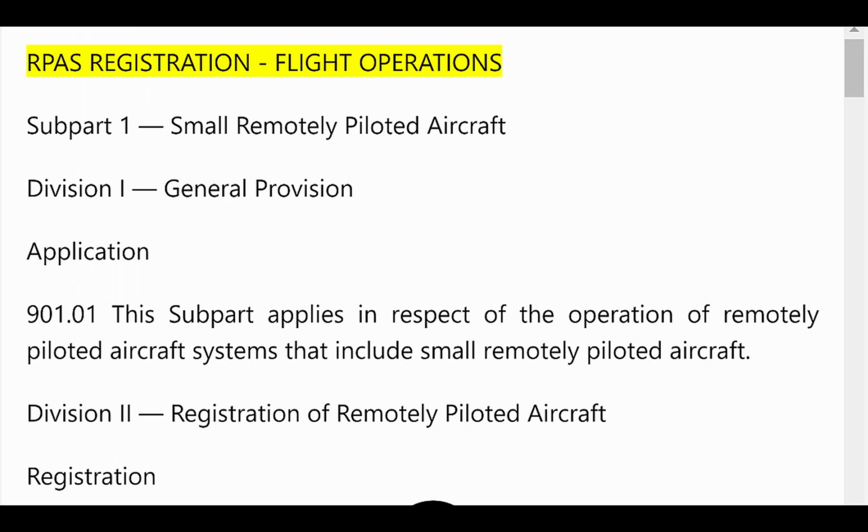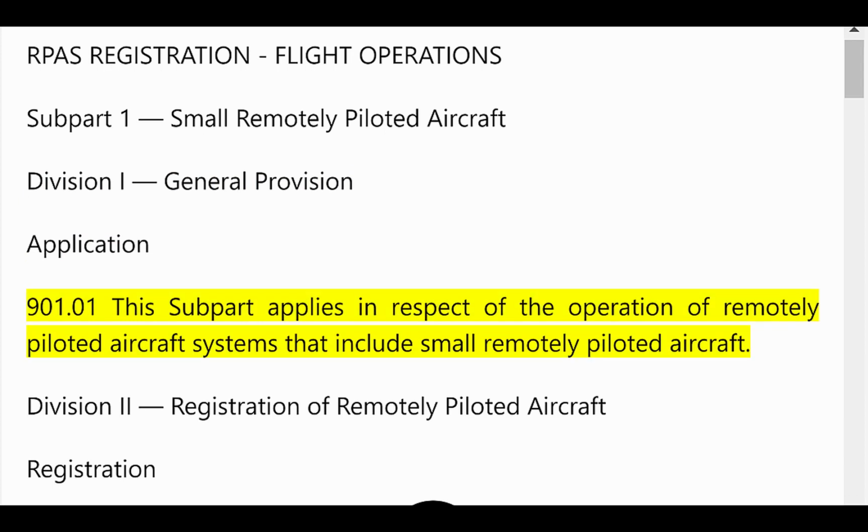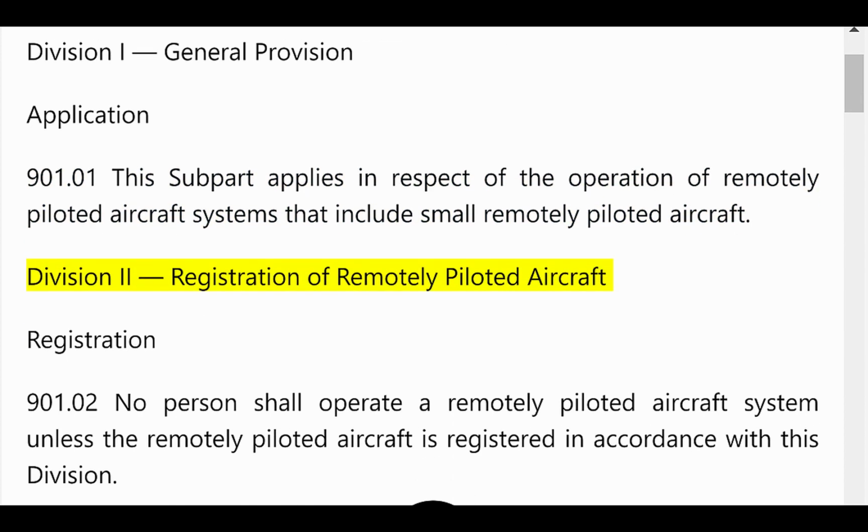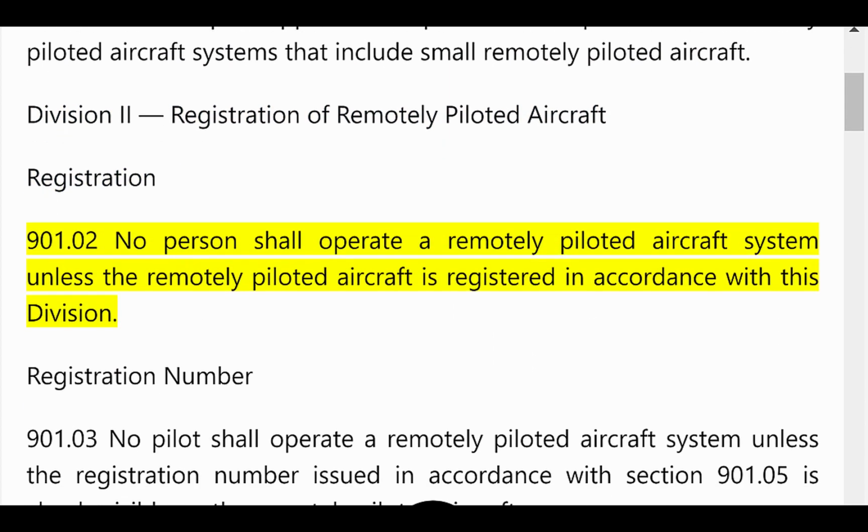RPAS Registration, Flight Operations. Subpart 1, Small Remotely Piloted Aircraft. Division 1, General Provision. Application. 901.01 This subpart applies in respect of the operation of remotely piloted aircraft systems that include small remotely piloted aircraft. Division 2, Registration of Remotely Piloted Aircraft. Registration. 901.02 No person shall operate a remotely piloted aircraft system unless the remotely piloted aircraft is registered in accordance with